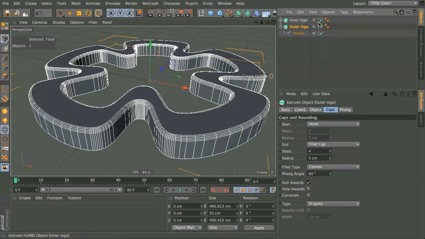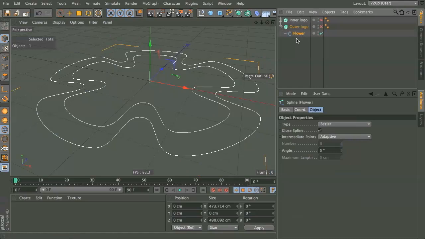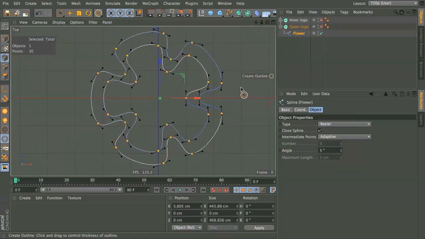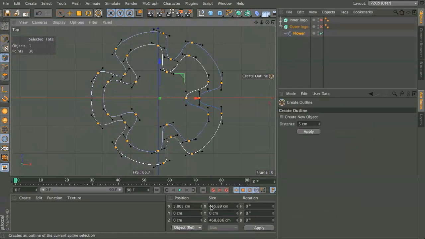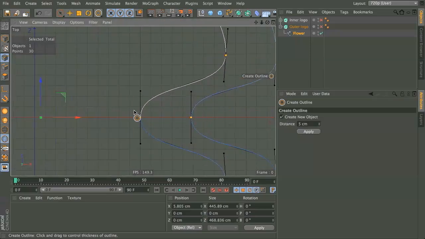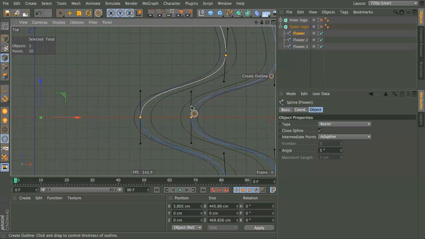And what I want to do here is go into the point mode and create another outline, sorry, which I want to make a little bit bigger, so it's like wrapping the inner part of it when extruded. So if we make this something like this,